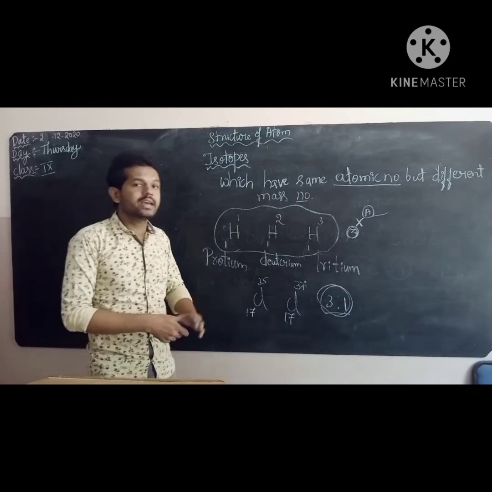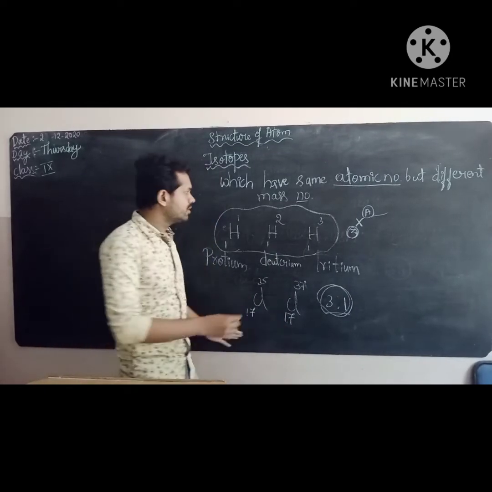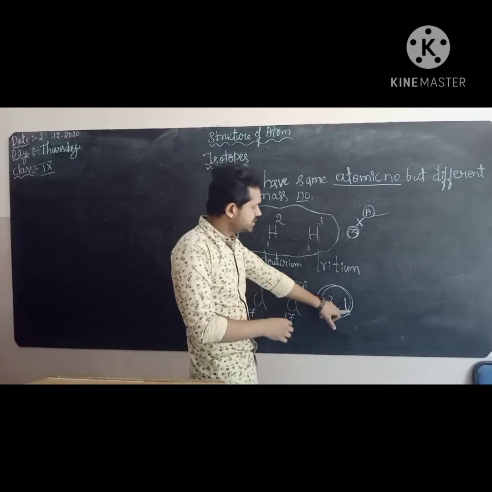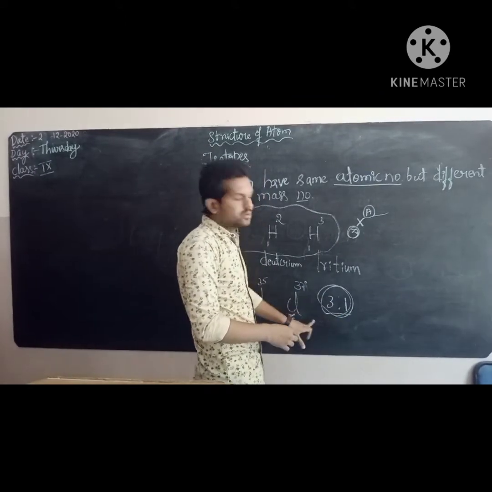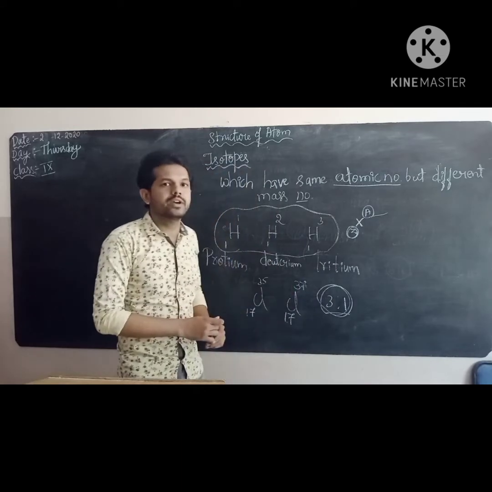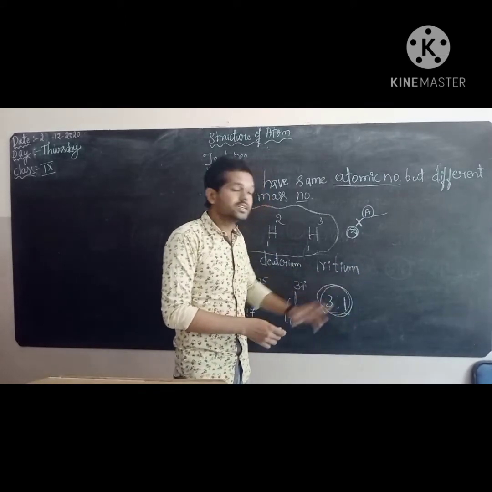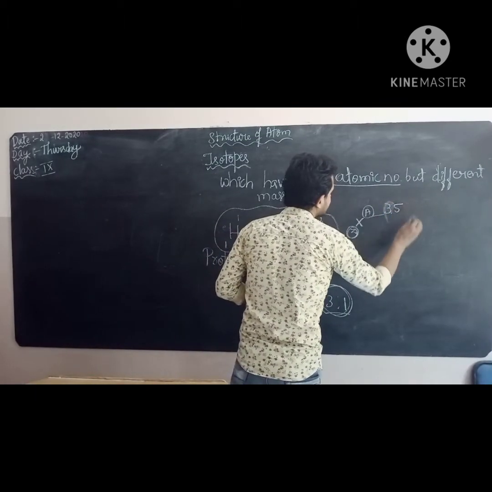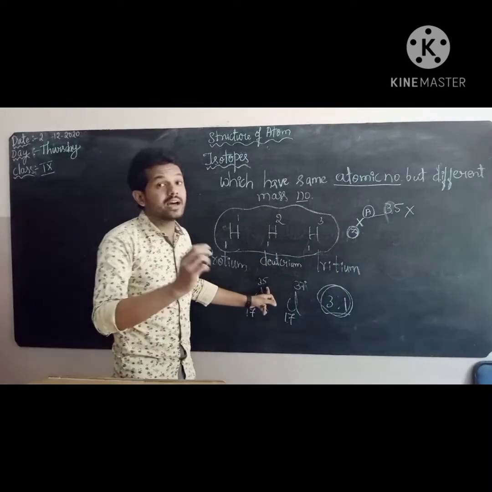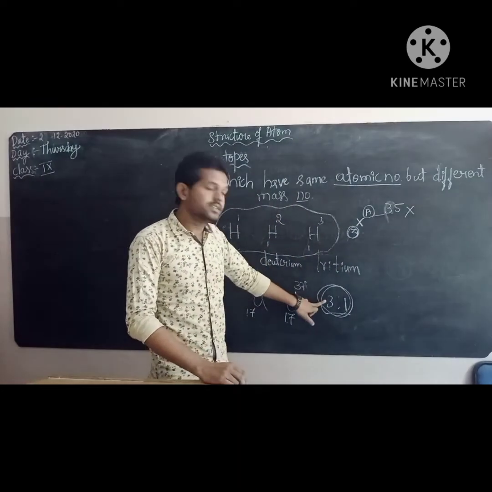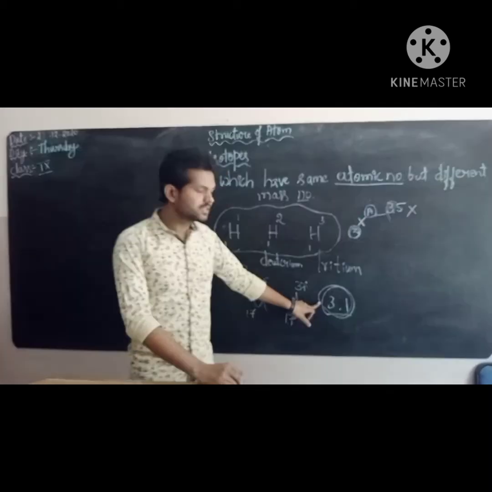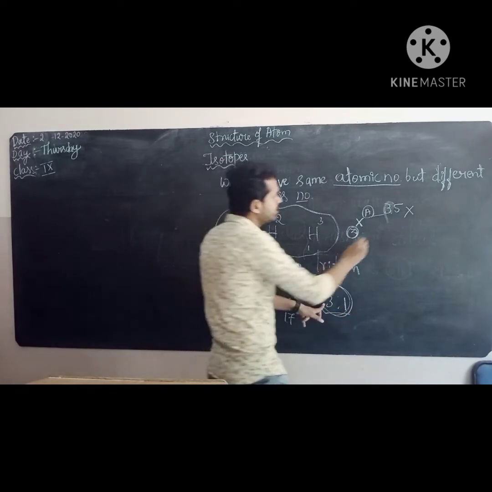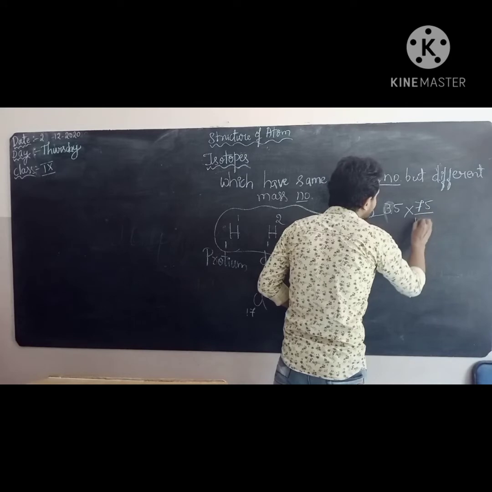How are you going to calculate the average percentage for chlorine? Okay, now I will tell. So the 3:1 ratio is going to be merged. It exists in nature in the 3:1 ratio, so you can consider 35 into 3, to calculate the average percentage composition. So 3:1 means you can say 75% to 25%, right? So that's why 3 is nothing but 75%. So you can divide that by 100